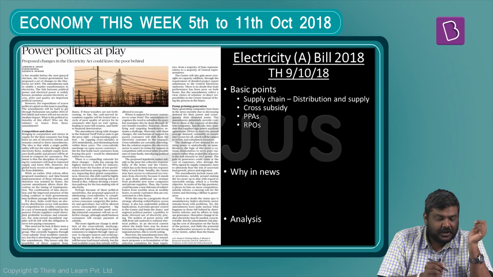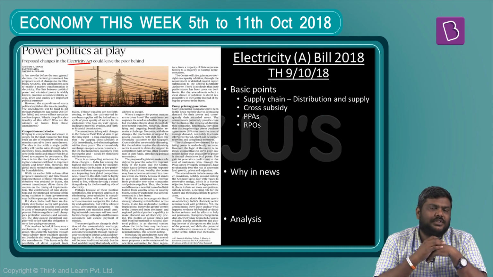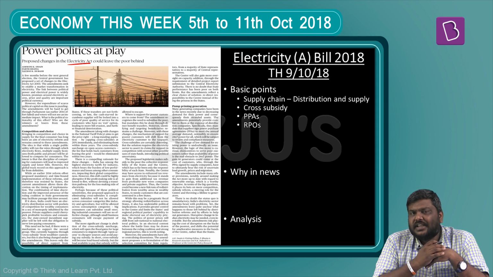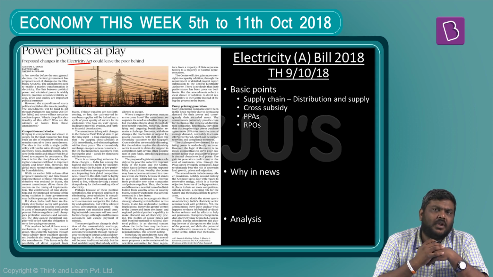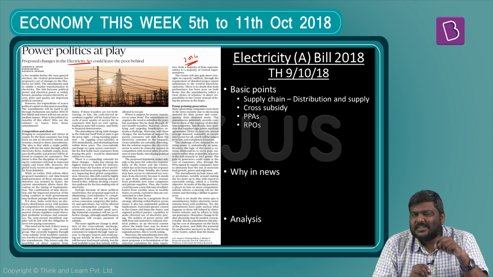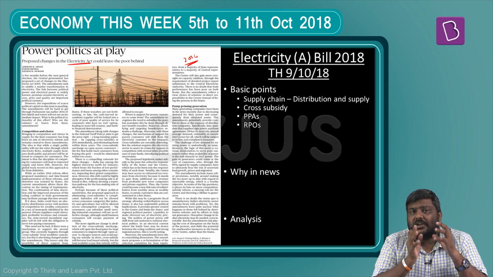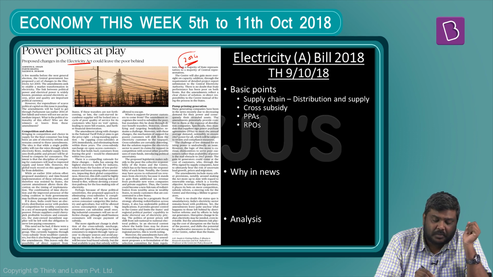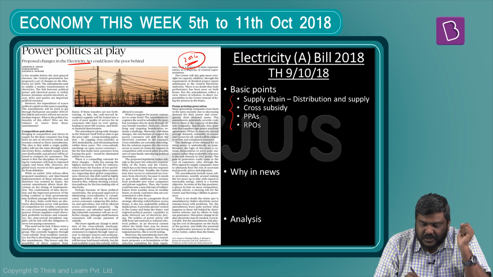The next article is related to the draft proposal of the central government to amend the Electricity Act of 2003. Very recently, it has issued the draft proposal and has sought replies or the viewpoints of the public related to this amendment. Earlier, back in the year 2014 also, the central government tried the same thing, but this particular bill is still pending in the parliament because the states are opposed to some of the very stringent provisions of this proposed amendment. Now, some of the basic points that you need to understand are: